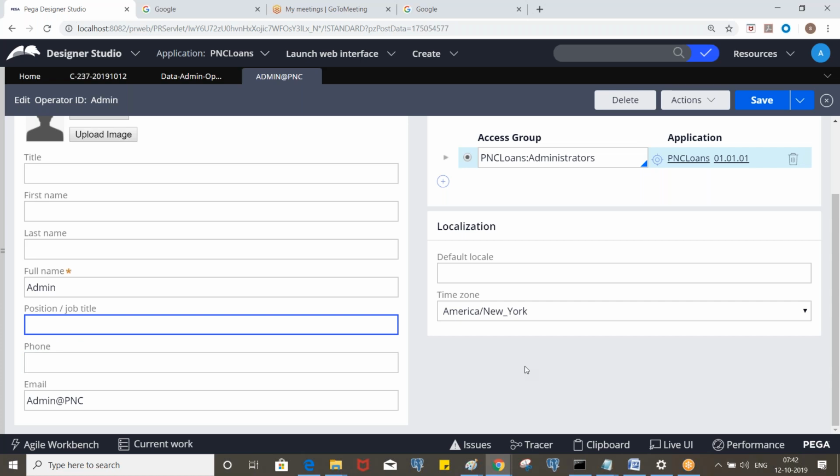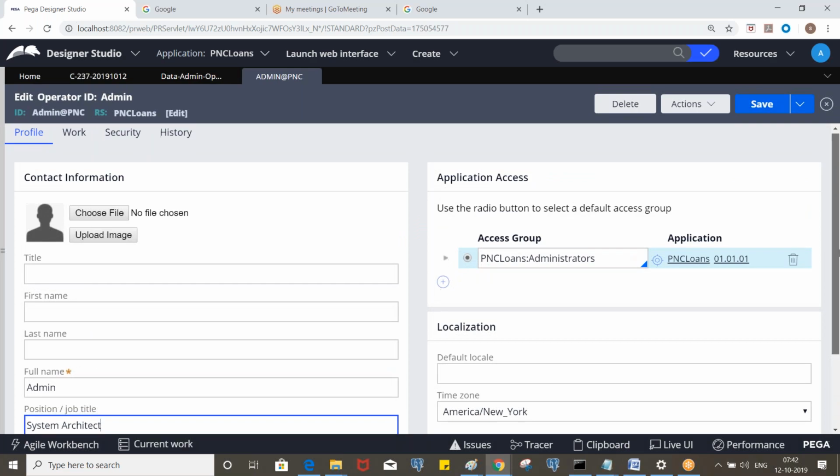So let's say I don't know what property is being used here, and I don't know about live UI. What you need to do, let's say system architect, I will update like this and save it and go to the clipboard. This is admin@PNC, right? So you can find it here also.